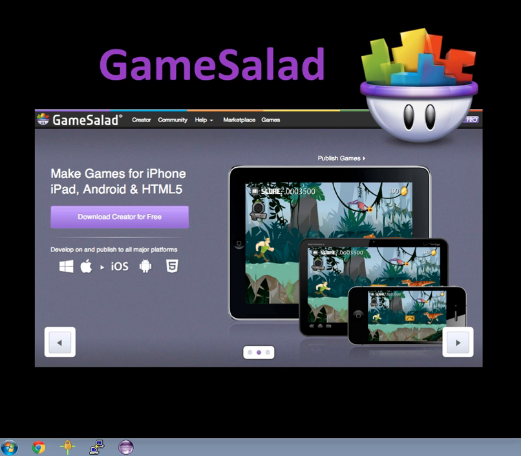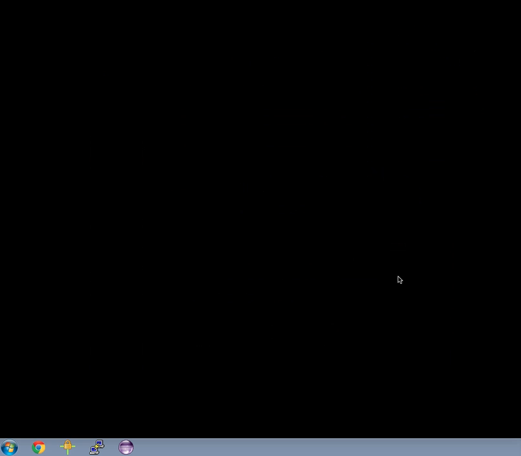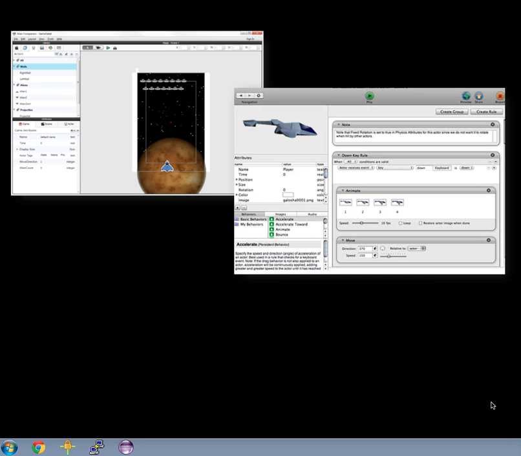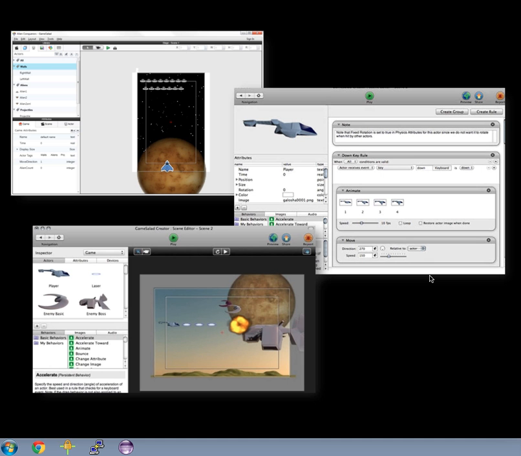In fact, using GameSalad may actually be one of the easiest ways to introduce yourself to the concept of object-oriented design, because your focus is on creating generic versions of objects called prototypes, which GameSalad more commonly refers to as actors, kind of like actors in a play. We give our actors attributes like color and shape, and we also give them behaviors, like how they might move or act in response to a user interaction, like